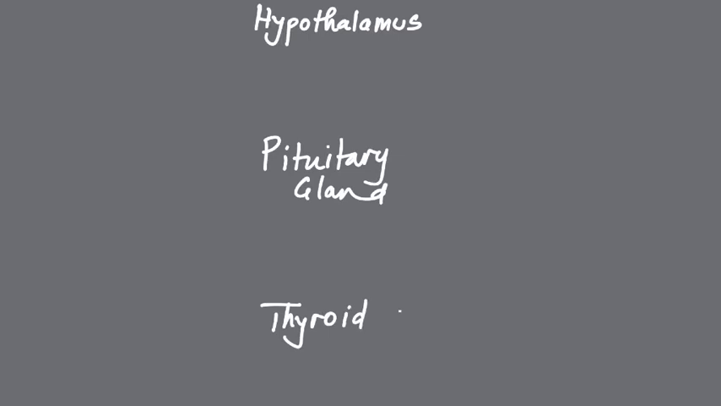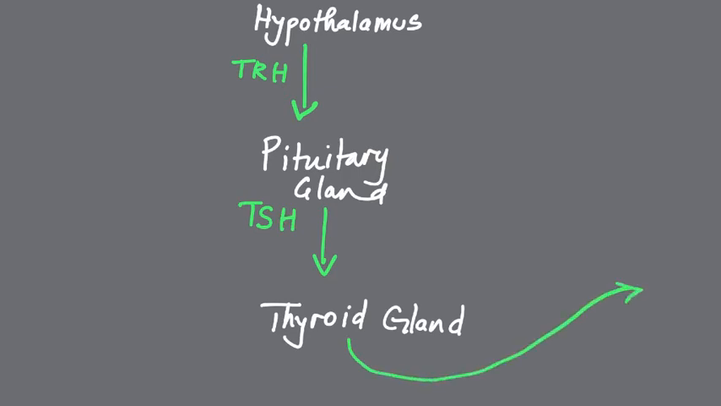The hypothalamus releases a hormone called thyroid releasing hormone, which activates the pituitary gland to produce thyroid stimulating hormone, which stimulates the thyroid gland to produce thyroxine. Thyroxine raises the body's metabolism, and at the same time, when thyroxine levels are high, it blocks the action of